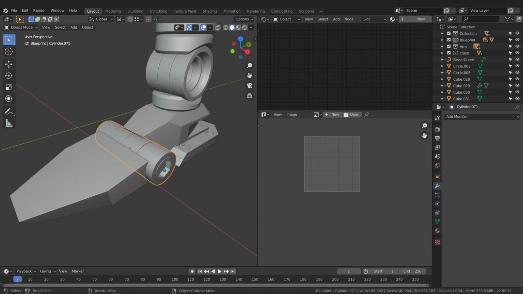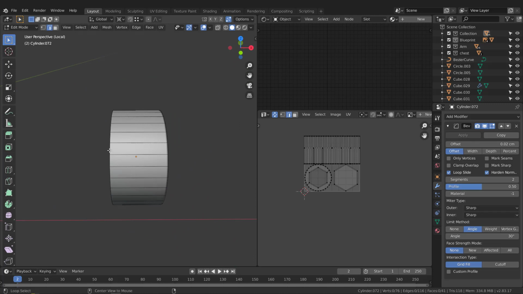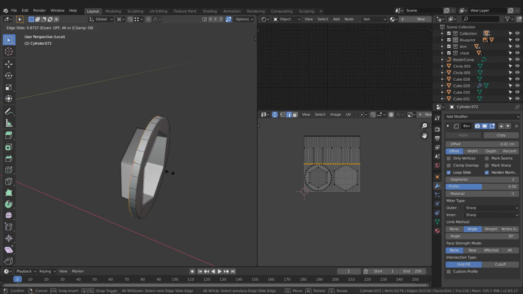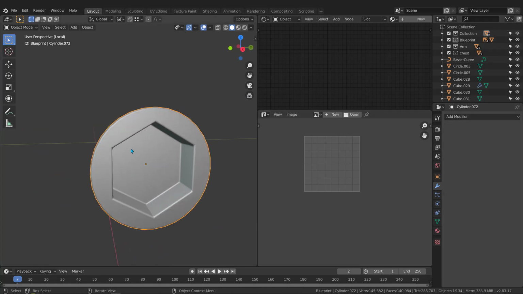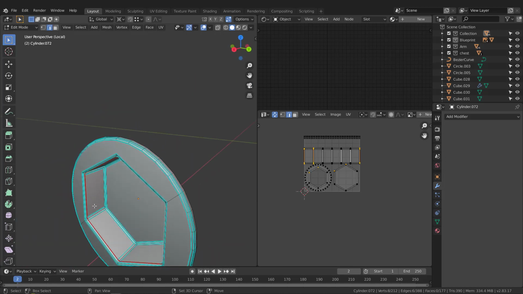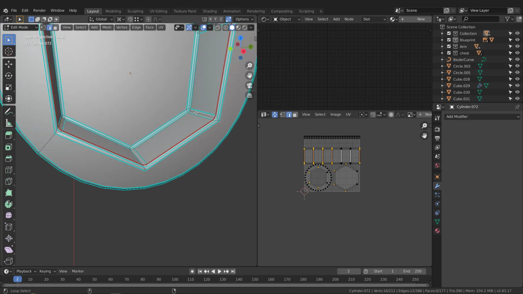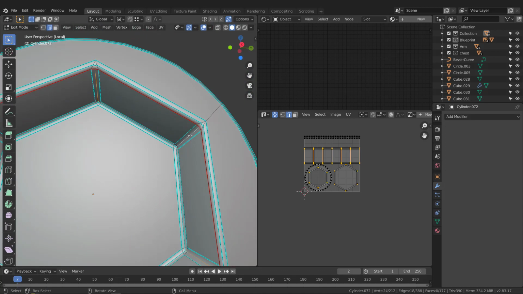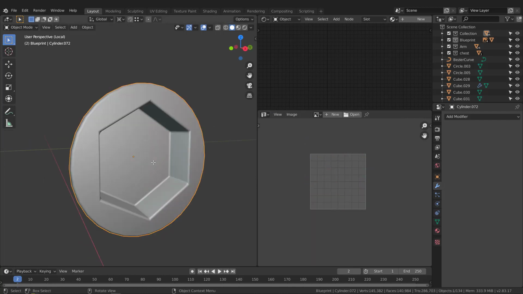Hit slash, let's grab this, isolate it, tab, grab these edges, G twice, slide them right here, apply the bevel, and tab, and let's grab this entire edge loop, add seam here, and grab these. Alt shift click here, and here as well, and mark seam, hit A and here hit U, it's unwrapped, slash,